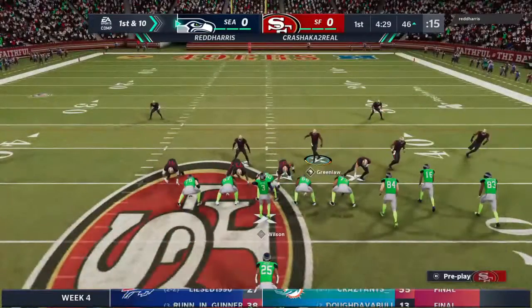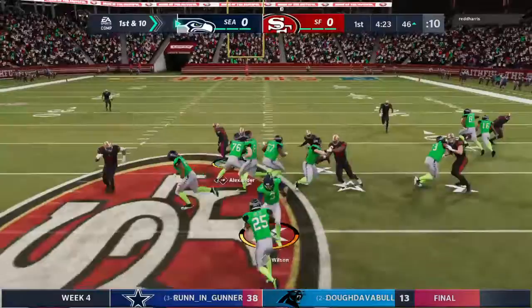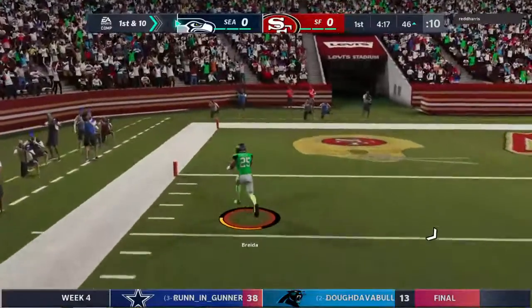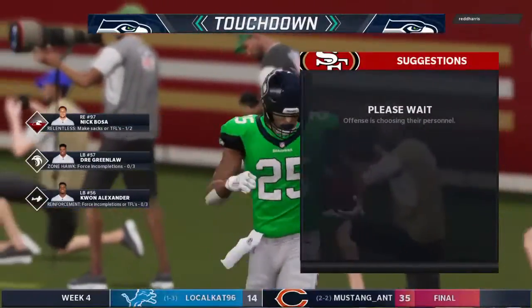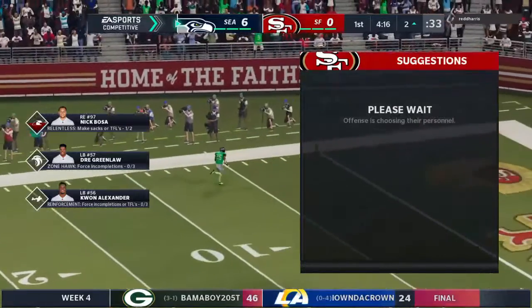So from inside Niner territory now, this is 1st and 10 at the 46. They go counter with Breida. And nothing but daylight ahead. And all the way in, touchdown Seattle. Matt Breida, his first touchdown on the year. And the Seahawks have taken a first